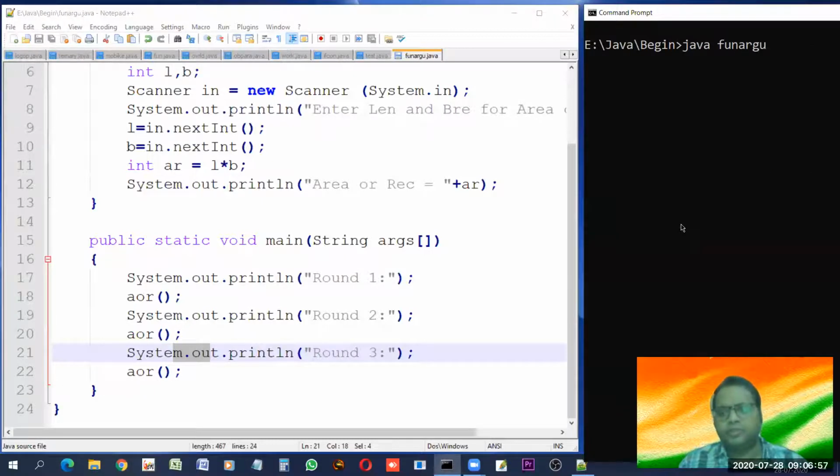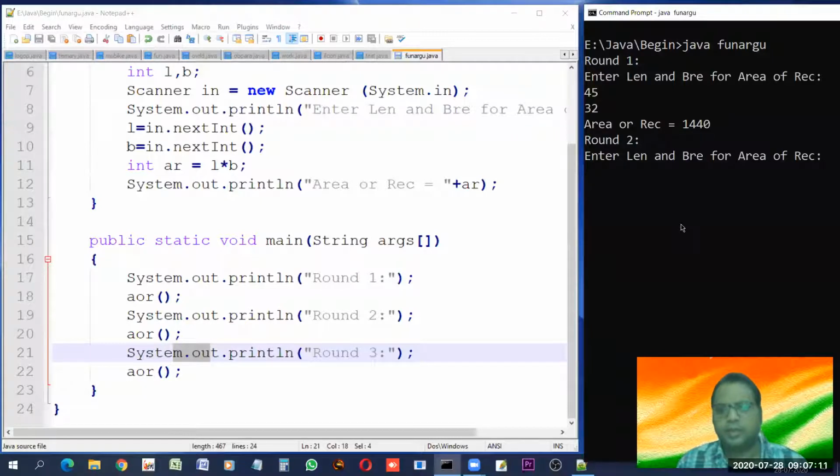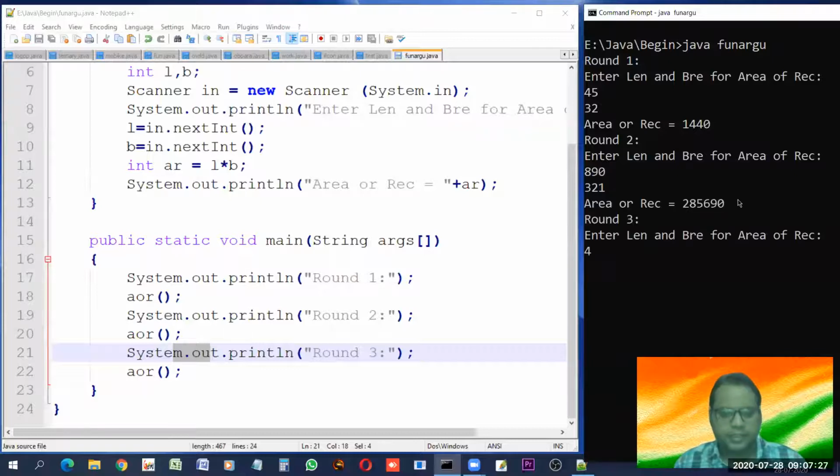Why am I repeating these things? So that the things go into your mind properly. This is the reason behind repeating the things again and again. This kind of video may help all kinds of students, those who are smart and sharp, and those who have a problem. So look, round 1, just show the area. Then round 2, again this function is called with another set of data. This is the area. Then for the third round, give another set of data. So this is how this program is working.